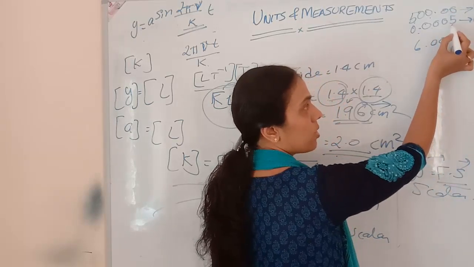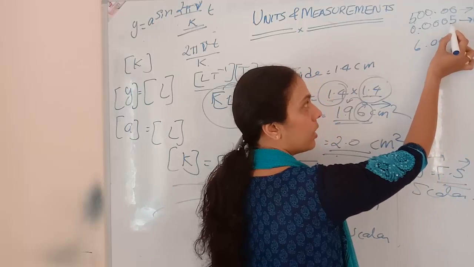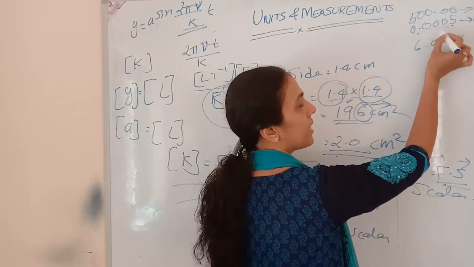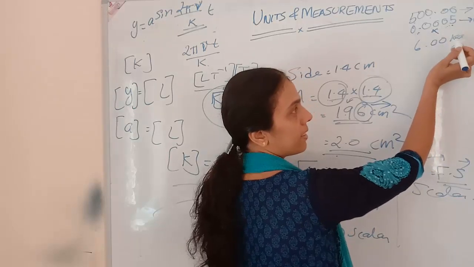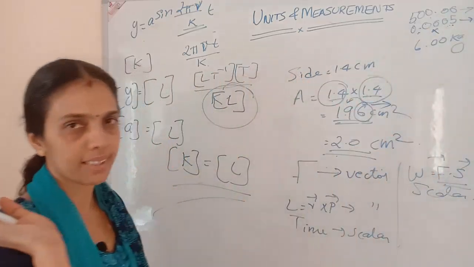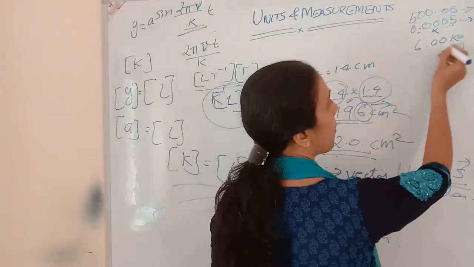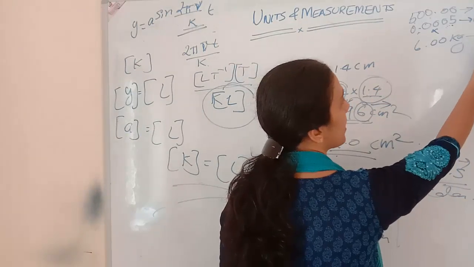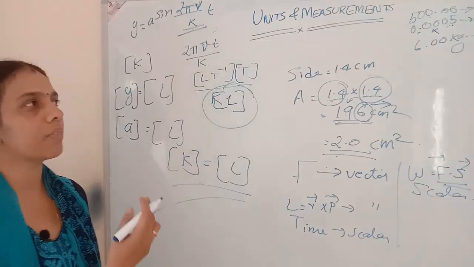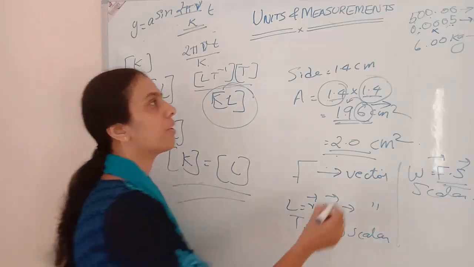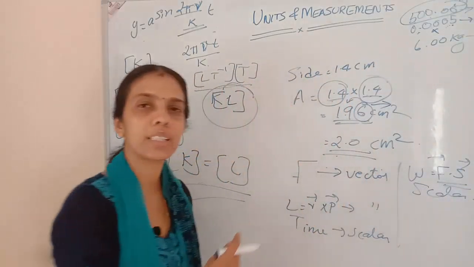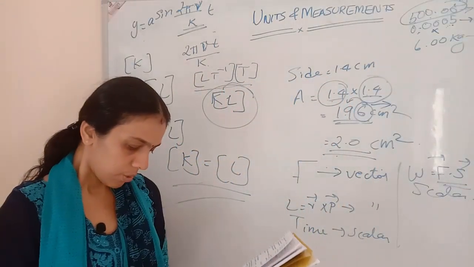In the last class I told you, zeros preceding the whole number will not be considered as significant. But after that, if zeros are coming, we will consider them as significant. And 6.000, how many significant figures are there? Here 3 significant figures. So which is having more significant figures? 500.00. So this will be the more accurate value. Okay, so the next one is,